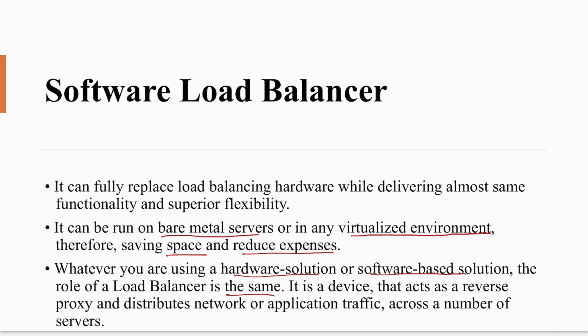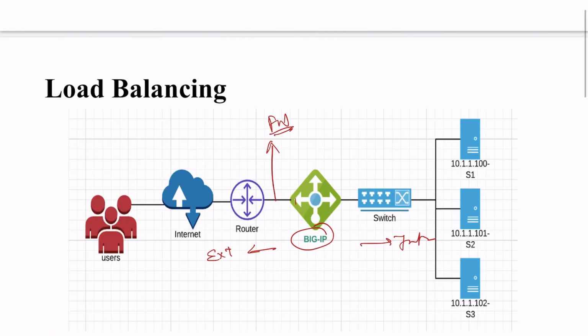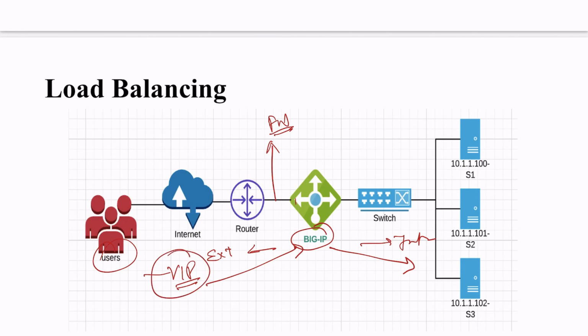It is a device that acts as a reverse proxy and distributes the traffic. Actually the LTM is basically a reverse proxy. Let me explain. Whenever users access the VIP, the Big IP, that is this one, it will create one more session and forward that to one of the servers in a pool. So from the point of view of the user, they are dealing with this IP address only. They are not aware of the things which are being done behind the scenes. So basically this Big IP address is acting as a reverse proxy. Okay, that's what I meant.